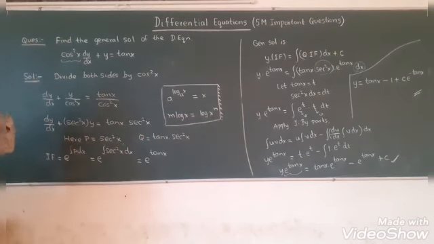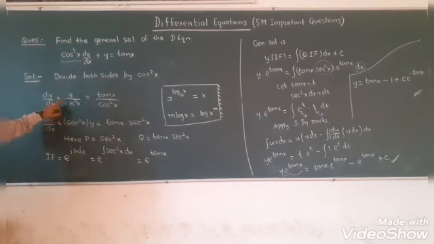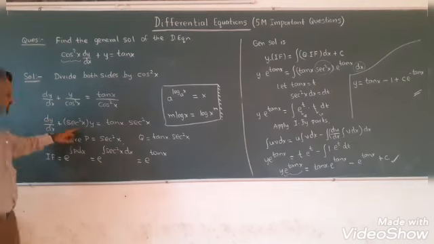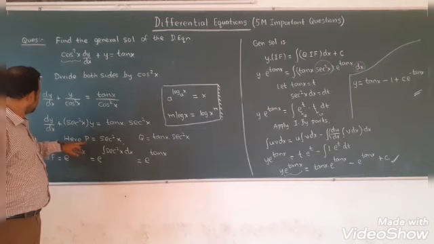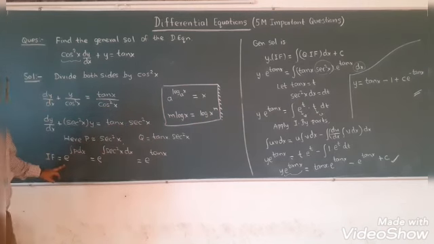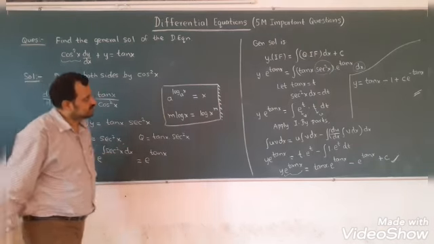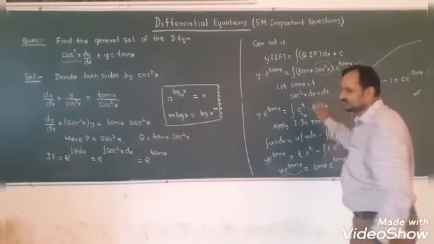So what we have done here is, first we have to make the coefficient of dy by dx to be 1. So divide both sides by cos square x, you will get this step. P is nothing but 1 by cos square x, which is nothing but secant square x, right? And Q is nothing but tan x into secant square x. So the integrating factor is e power integral P dx, so e power integral of secant square x is e power tan x. The general solution is given by this.